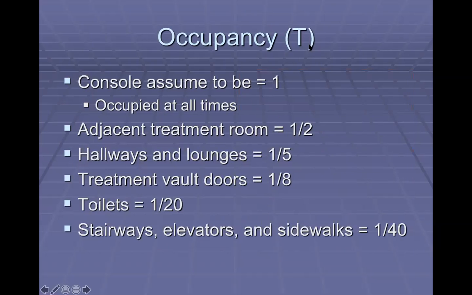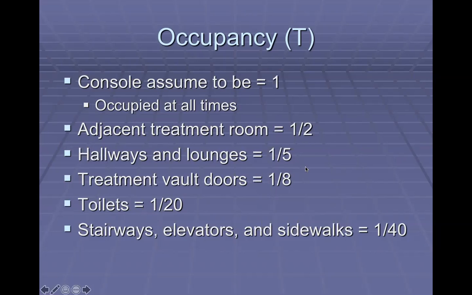The occupancy factor, T, that I talked about, these are actually established. You'd have to have a really good argument to adjust them because these are handed down by guidance documents, by not regulators, but professional groups, so you would have a hard time arguing with the regulator for why you change these values unless you had a very good reason. Like a toilet that is out of service, always locked, completely unoccupied, then maybe you can give a much lower occupancy value. But again, this serves to acknowledge that